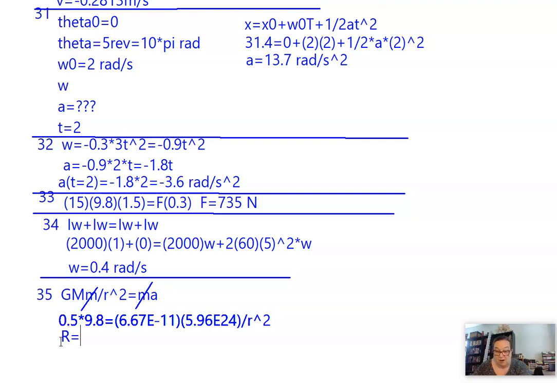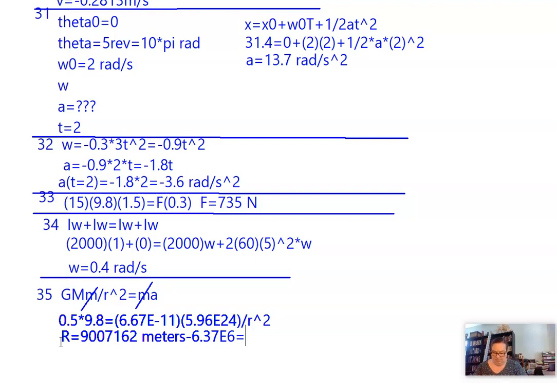All right, so that gives me an R value of something like 9,007,162 meters. Now that's the radius, that's the distance from the center of the Earth. And they want to know what height above the surface of the Earth it will be. So from this value, we now need to subtract the radius of the Earth. And the radius of the Earth is 6.37 times 10 to the 6th meters. So if I subtract 6.37 exponent 6,